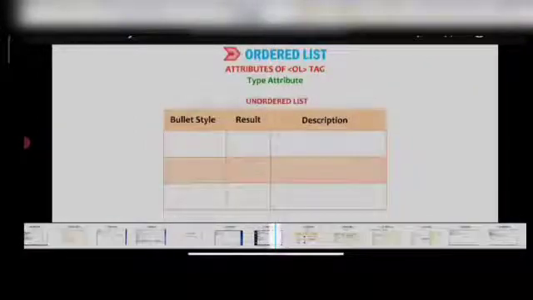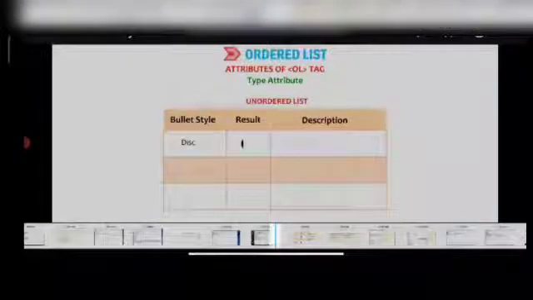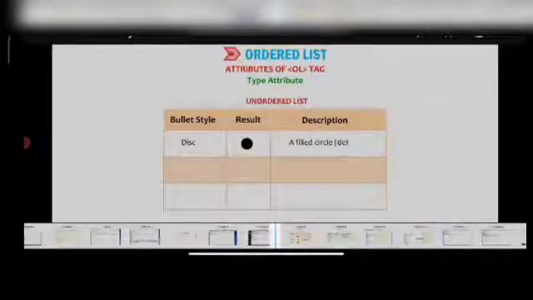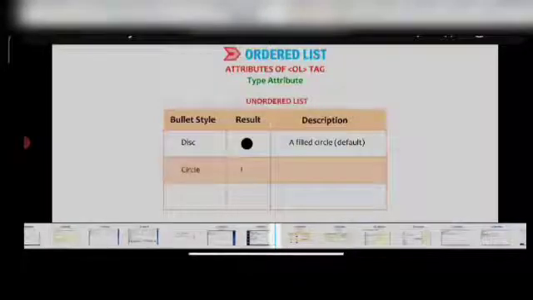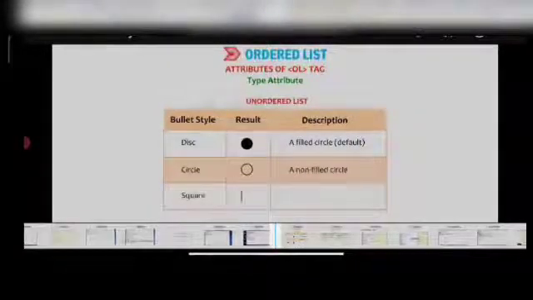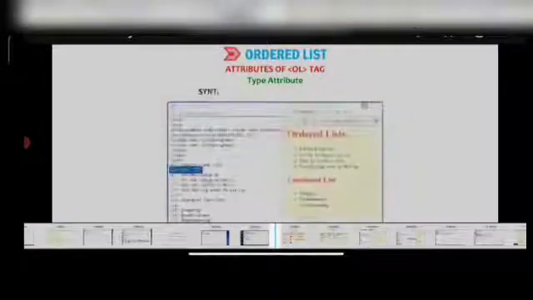Unordered list bulleted style, result description: disk, a filled circle, default. Circle, a non-filled circle. Square, a filled square.